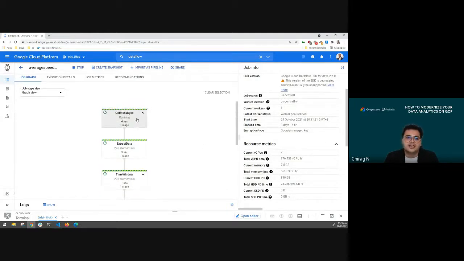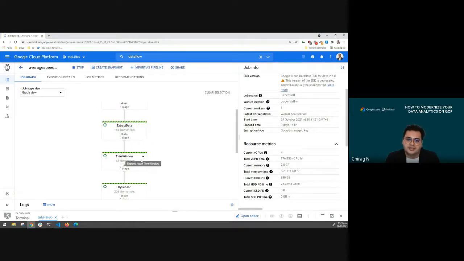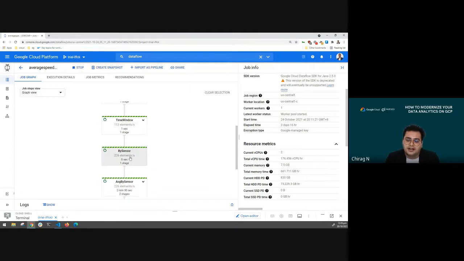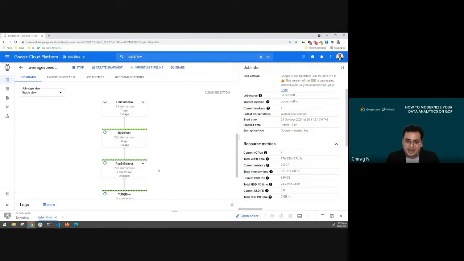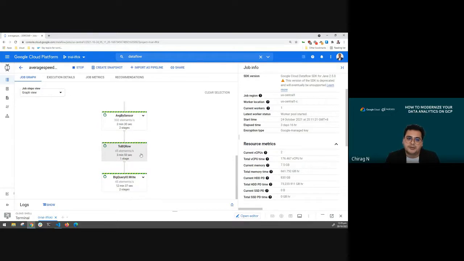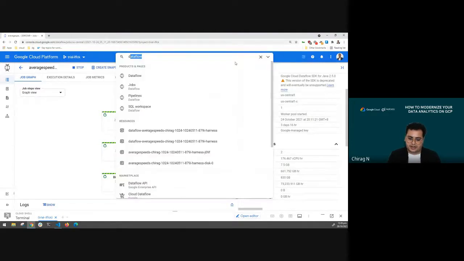So here you can see these are the PCollections in the world of Apache Beam. In the PCollection steps, the first step is getting the message and I'm extracting the message. This 151, the counter which you are seeing, is the number of events entering, and there is some windowing function defined for average sensor speed at a given time, and then it is writing it to my BigQuery. So here you can see the end-to-end ETL is defined, and it is cleaning the data